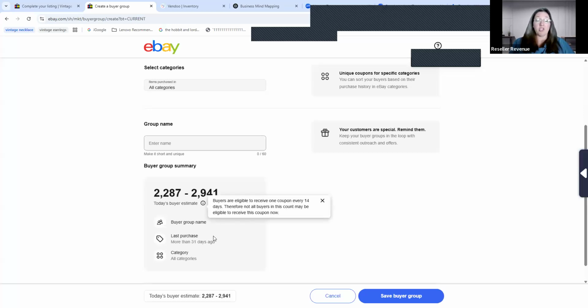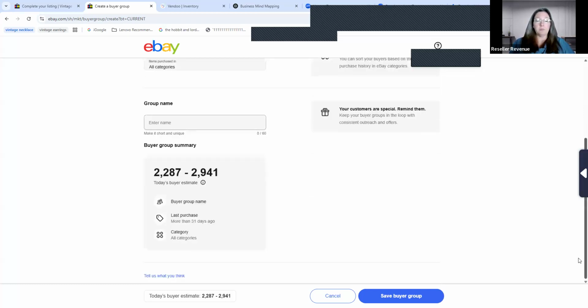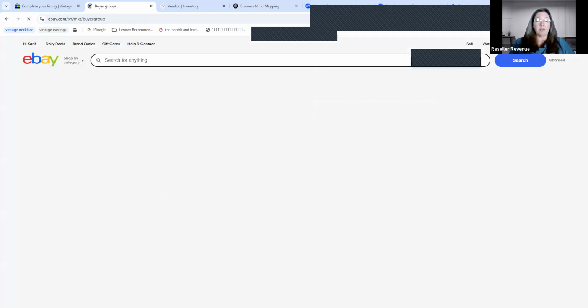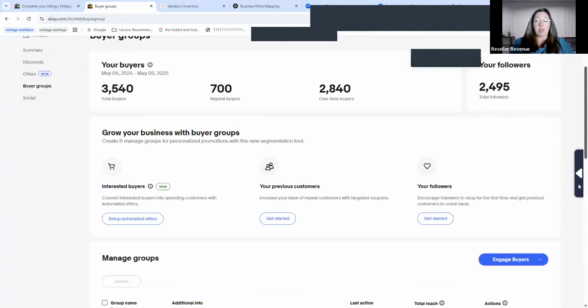And it says the buyers are eligible to receive 1 coupon every 14 days. Therefore, not all buyers in this count may be eligible to receive this coupon now. That's why it's a good idea to do this daily, because not everybody's going to get it every day. So every day, a certain bucket of those people are going to filter down and become eligible. So then I can save my buyer group, which I'm not going to, but I could. And it's the same thing